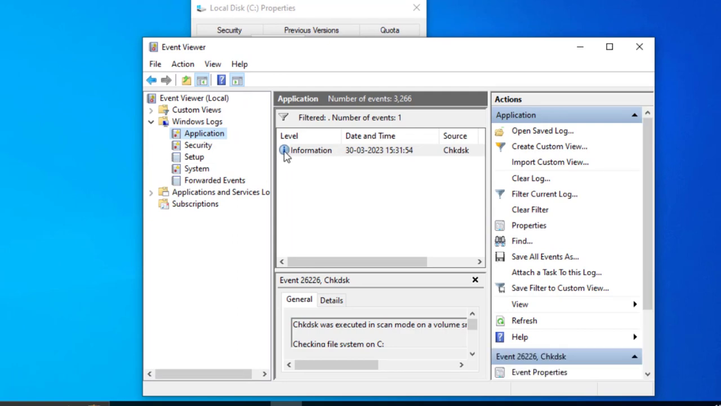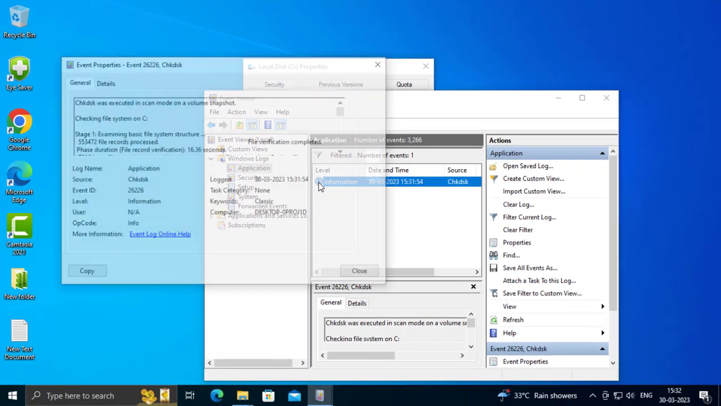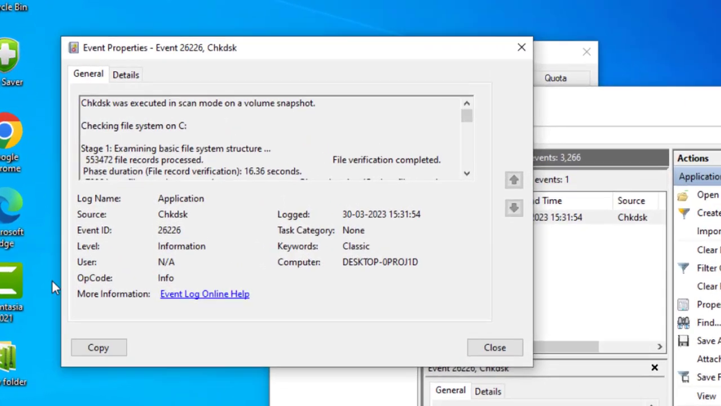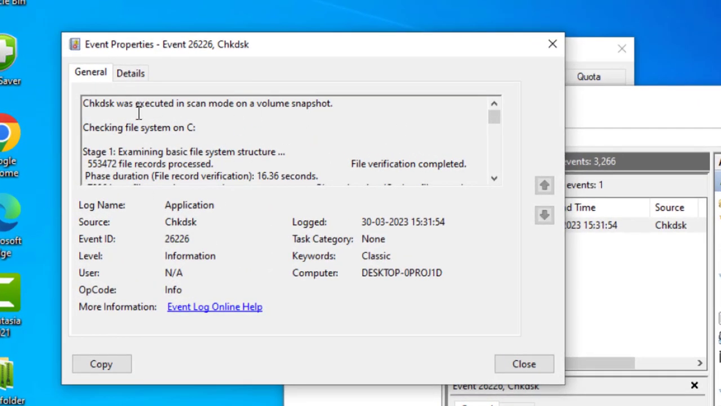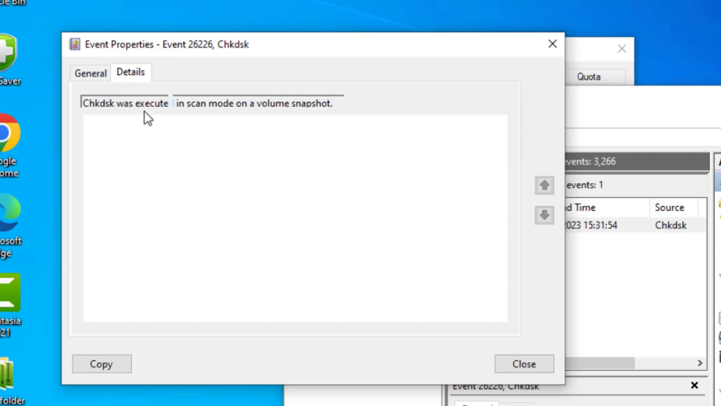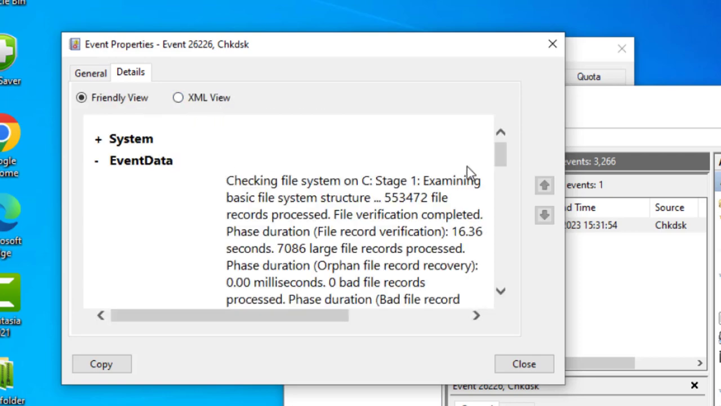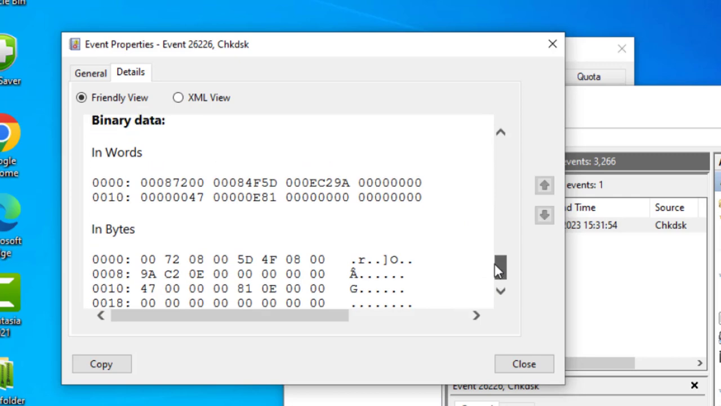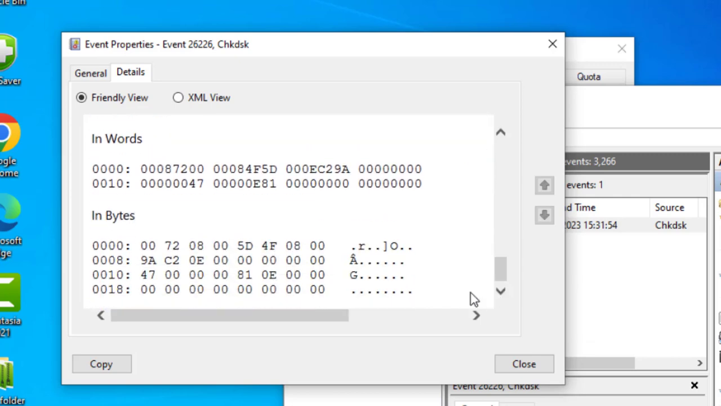Click on this information over here, the I button. Double click on it, and here are the details about your disk. Guys, general details and details. You can find any problems over here